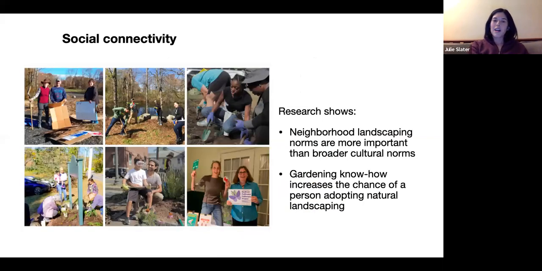Another benefit of working at the neighborhood scale is social connectivity. And that's what's going to help this project reach people who maybe have never planted natives before. I'd like to see the pathway grow street by street. And when groups of people get involved together, it removes certain barriers to entry with growing native plants. Research shows that often more important than what you read online about landscaping is what your neighbors' yards look like. So no one wants to be a sore thumb in their neighborhood,